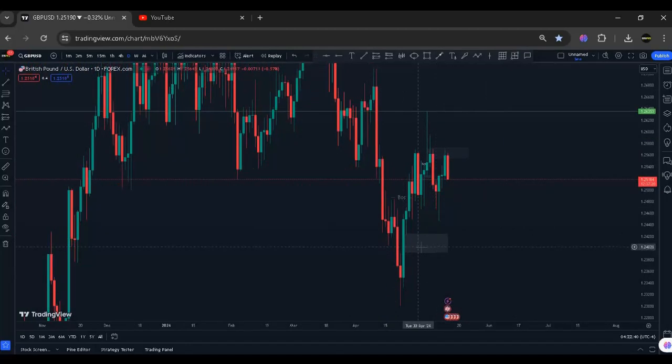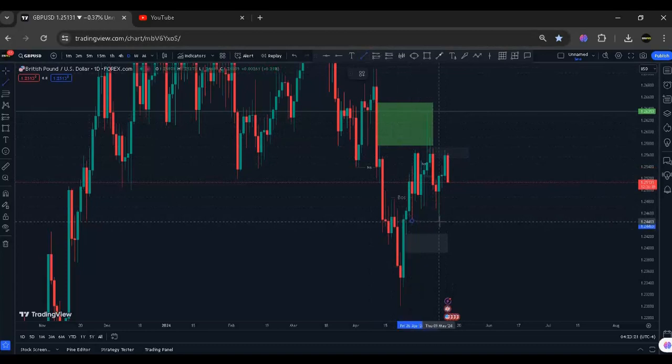is down in this fair value gap. Since we just mitigated this fair value gap in here, we had a break of structure here, we had a break of structure in there, then we had the fair value gap in here, right? This fair value gap got mitigated right here, but before mitigating this, we had a break of structure right here, and we have a fair value gap in here. So price has mitigated this fair value gap,